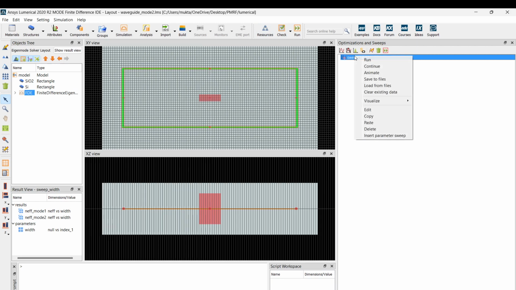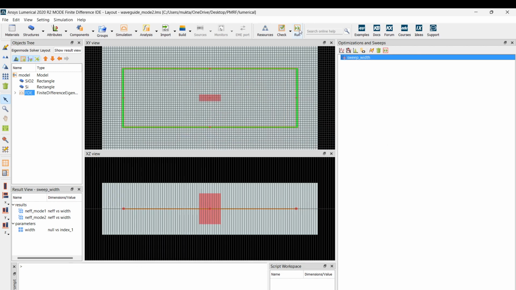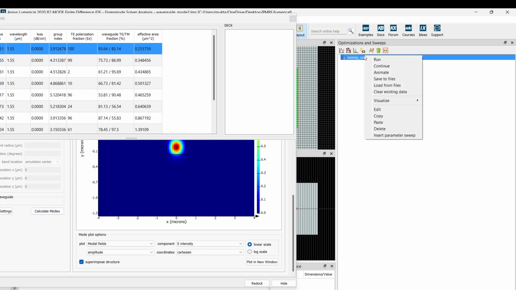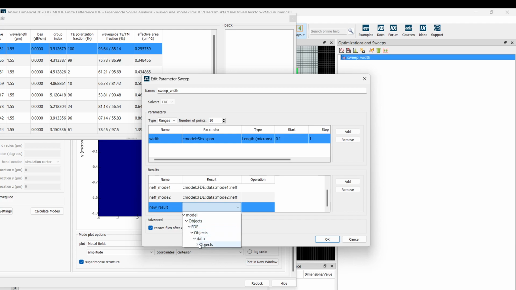To illustrate that, I'll have to put more number of modes. Let me just do that. So this is an effective mode 1, mode 2, and model, objects, FDE, objects, data, objects, mode 3, and effective.